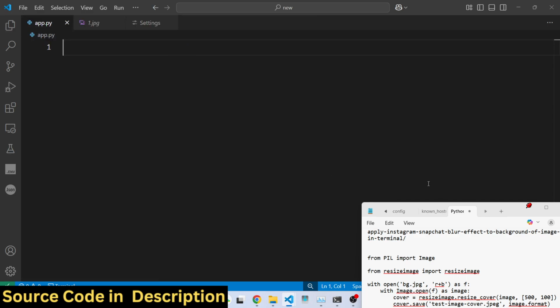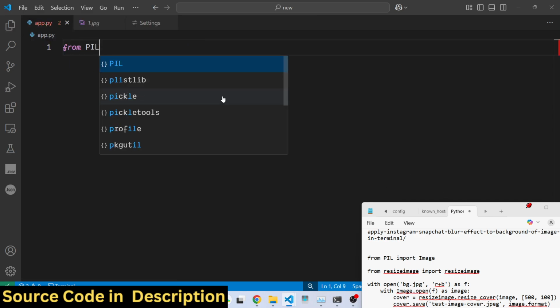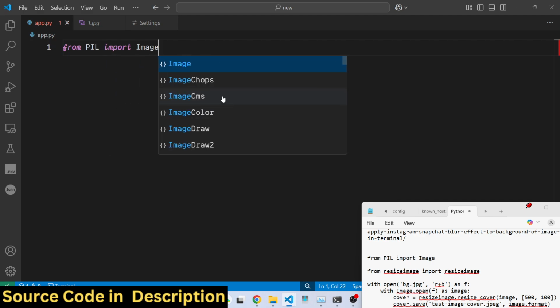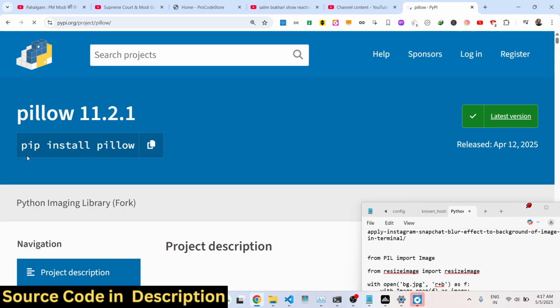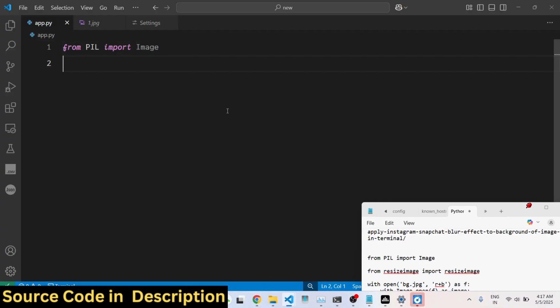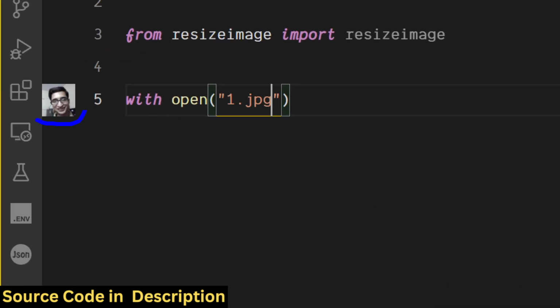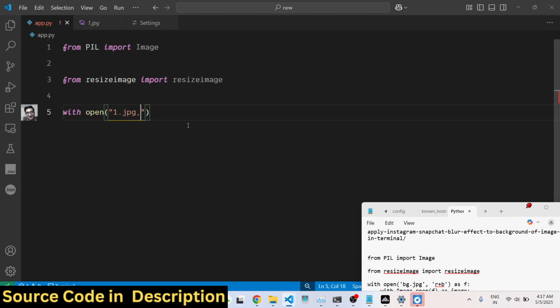I simply create a Python script, and for this we also need the pillow library, which is again an image processing library. So also install this as well. Just search for pillow, and this is actually an image library. Simply install this library as well. After that we import this pillow library, and then we import the resize image library as well. After that we open this image, input image 1.jpg. So we are opening this input image in read plus binary mode,